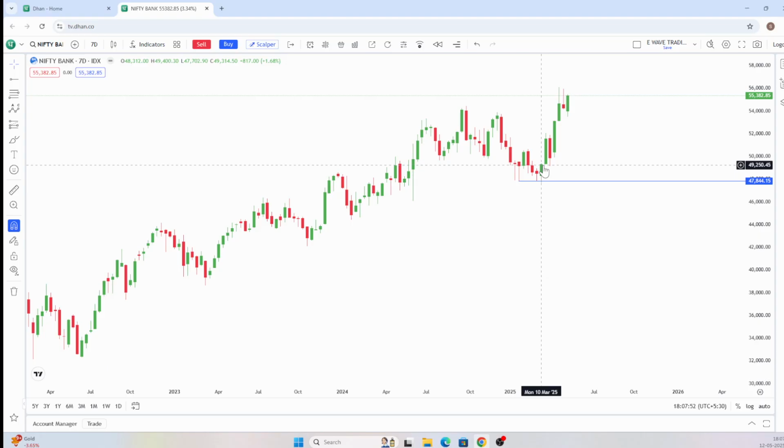49,324, it never stopped until 55,382. Let me put that as 49,400 to 55,400. Let us consider 400. So you have a 6,000 points rally. One single monthly contract will give you 6,000 points, and how much is it? 6,000 into 30,